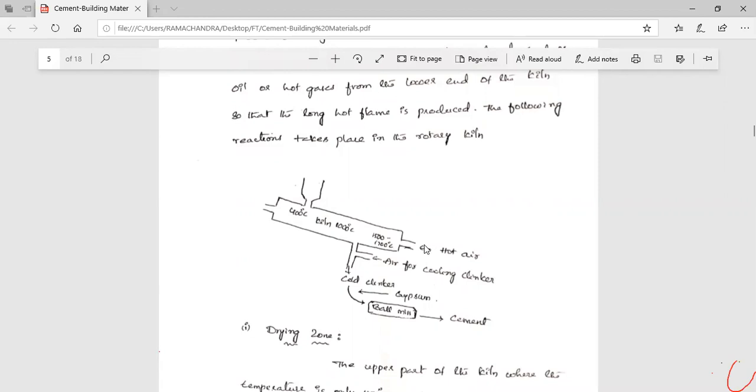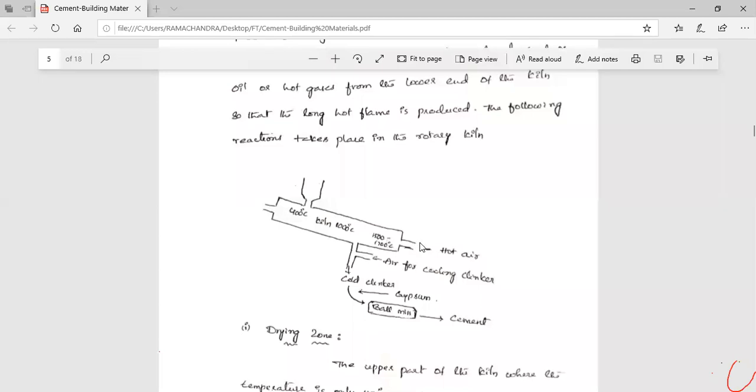So we have this simple setup, which is called a kiln, known in Telugu as rotary batti. Like the brick kiln we have, the rotary kiln is made the same way. Here we introduce dry mixture powder, or in the wet process we make a slurry. Initially we maintain 400 degrees Celsius. After the mixture passes through the center of the kiln, we maintain 1000 degrees Celsius. Finally, at the bottom of the kiln we maintain 1500 to 1700 degrees Celsius.